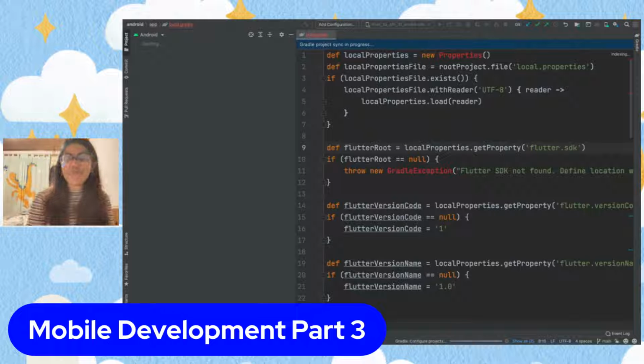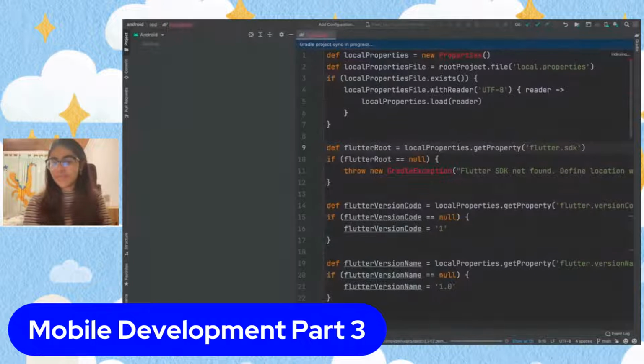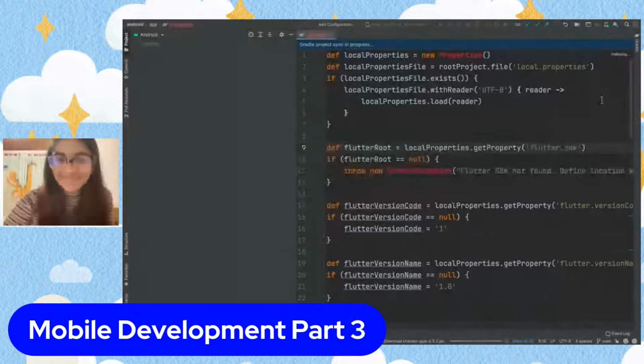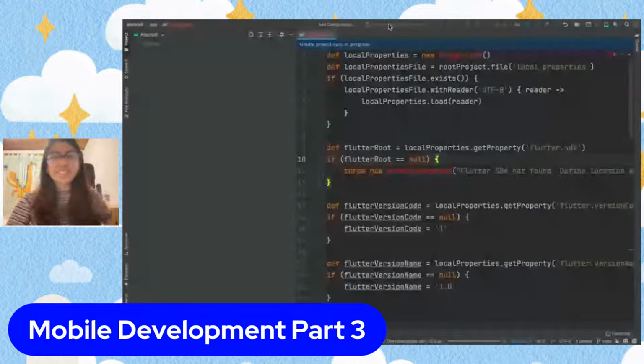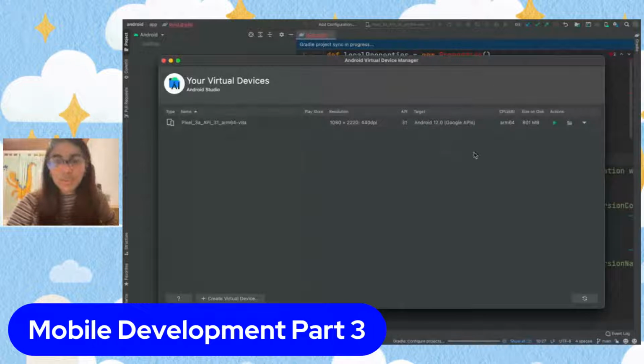So yeah, we give Gradle its time. Can usually be lengthy. That is a ton of stuff that it's downloading. In the meanwhile, we can go ahead and open our